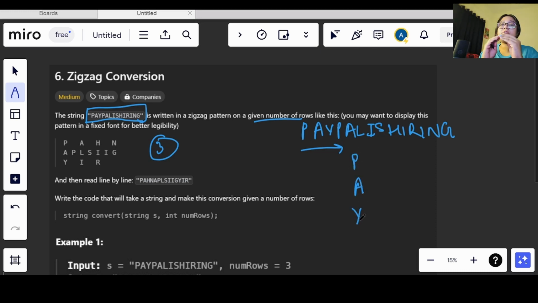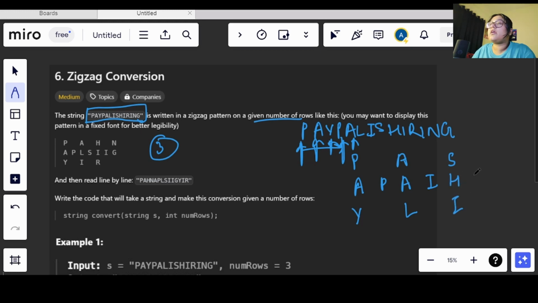Now once we have reached the end of the row, we need to go up again. So we will be writing P here again, then we will go to the top. Now what do we have to write here? A, right? PAY, we wrote P and then we have A. Now again we will be going from top to bottom, so we will have L here. Now we have reached the end of the row, so we will go back to the top again. So what we will get here? I, then again S, from top to bottom. So H, I, again we will have R here, then I, N, G.